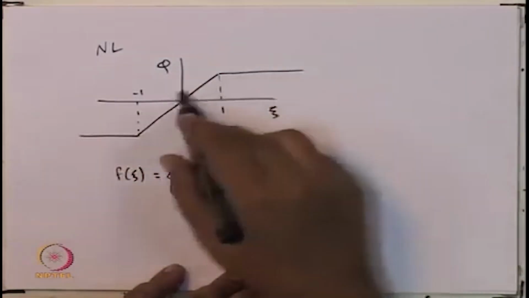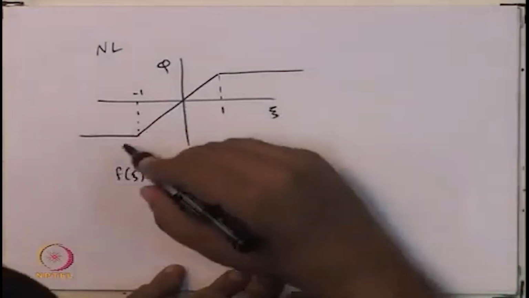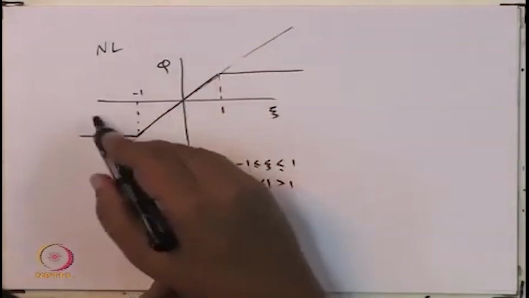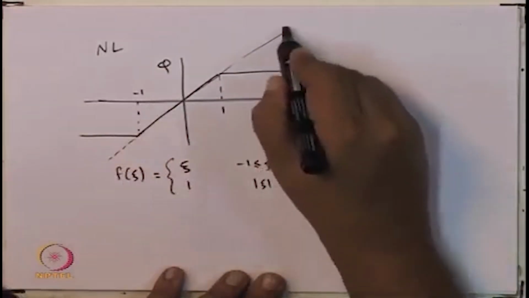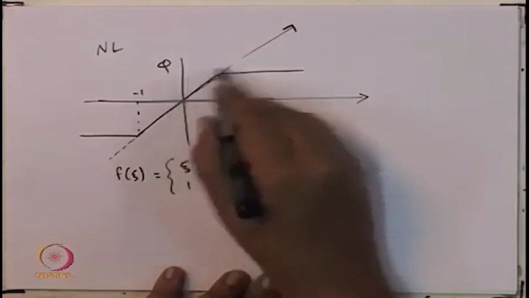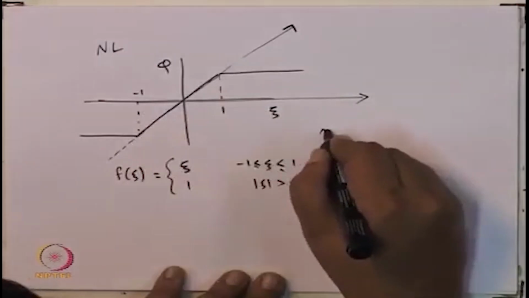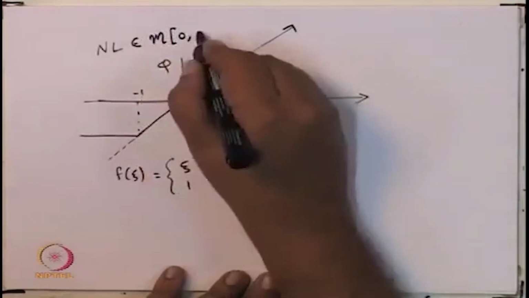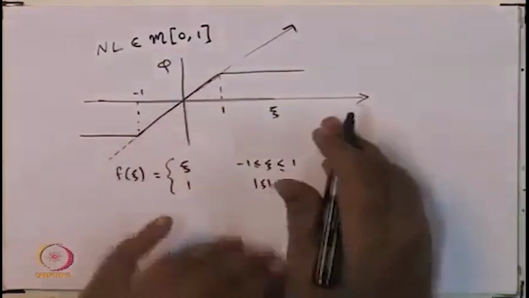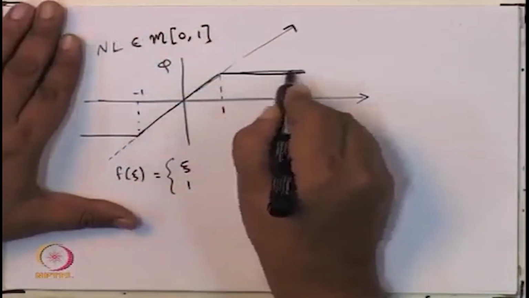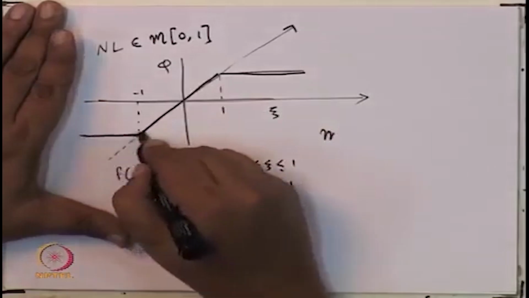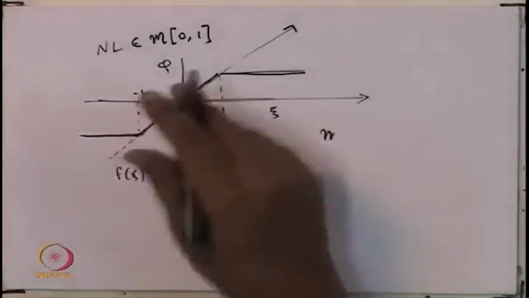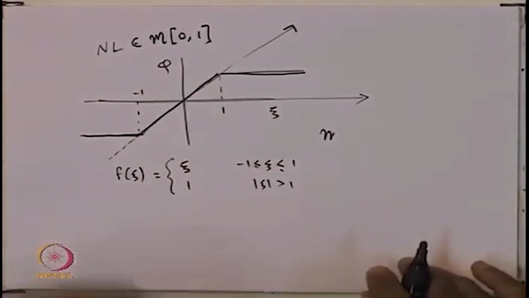Now, what is the sector under which this nonlinearity lies? Well, clearly this slope and the other slope being the 0 slope. So, we could think of it as lying in that sector. So, you can think of this nonlinearity as a nonlinearity that lies in the 0, 1 sector, because this 1 is 0, and of course, this nonlinearity lies completely within this particular sector. Okay. So, now if you use the circle criterion to translate this, what that means is, so